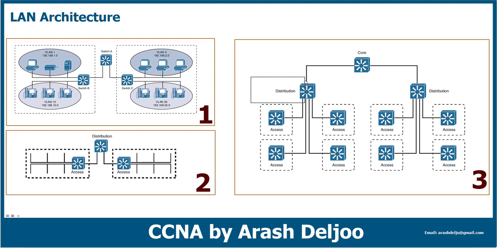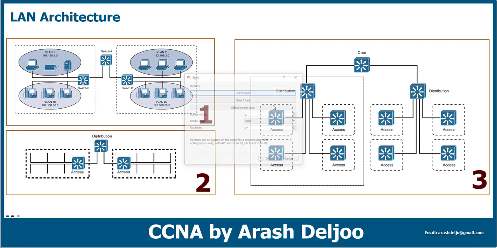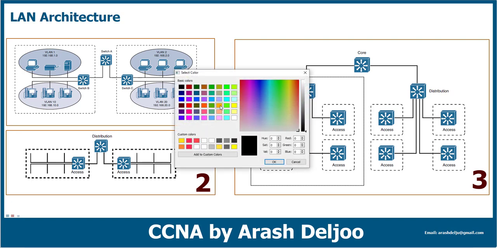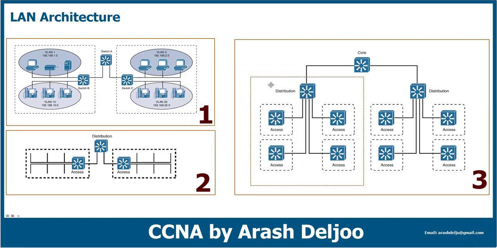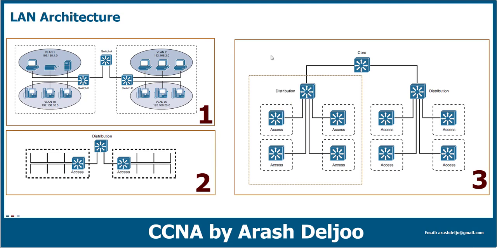Let me give you one real example. Assume that here we have a building. This is building 1. In building 1 we are using, for example, one distribution layer switch and also multiple access layer switches. This is building 1, and also in the same place, in the near place, we have another building. Assume that here we